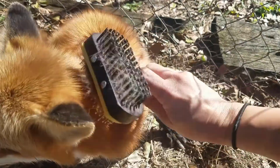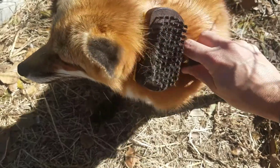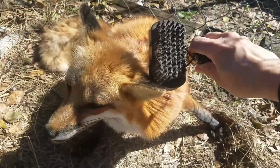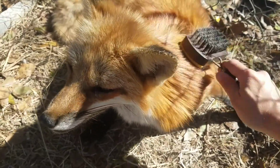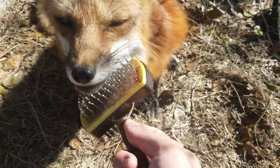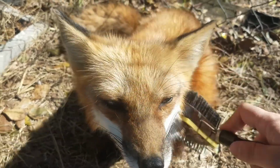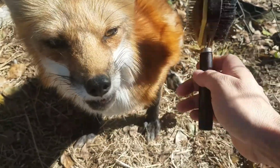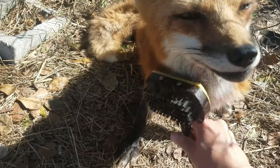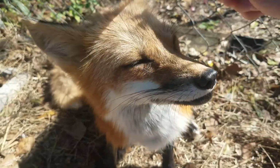Now, I really wish the other foxes liked this more, but the other foxes that we have, I did not get them when they were babies. They were already young adults or adults, so they were not handled so much at a very young age like Pika was. We got Pika when she was 6 weeks old. So that's why she's super friendly, loves to be petted, loves everybody, loves animals, except for chickens and rabbits. Those are their predator food. But she's very tame, very sweet,